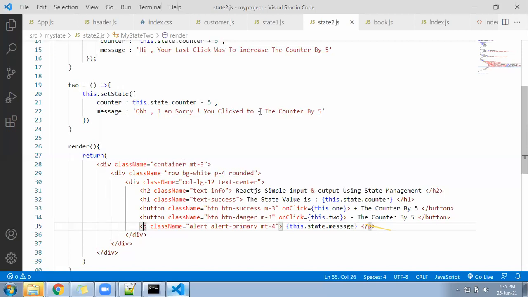Okay, here, better we can write minus: You have clicked to minus the counter by 5.